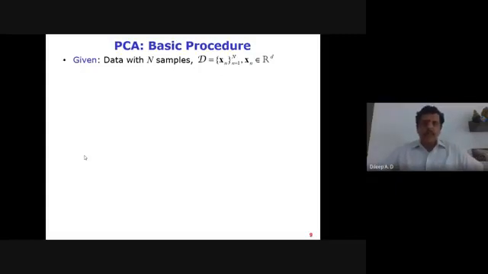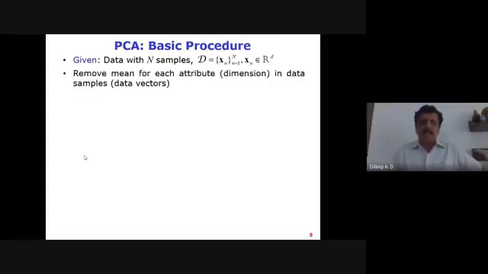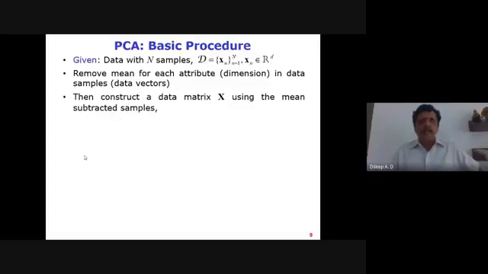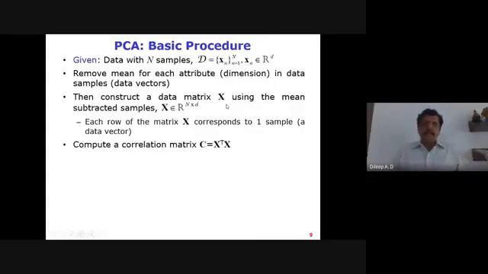So now what will be given to us is N training examples. Each example is a d-dimensional vector. In order to bring it to a uniform form, we subtract the mean of all the samples, giving the mean-subtracted representation. Once we have that, the capital X I'm considering here is the data matrix where each row indicates one sample and each column indicates a dimension, or feature.